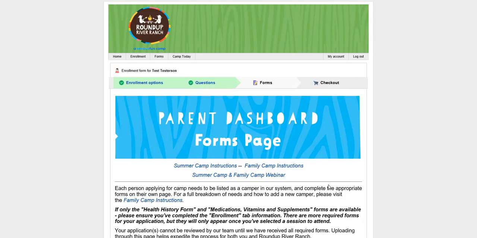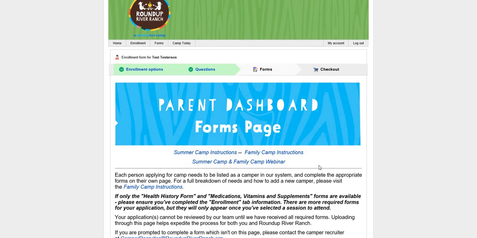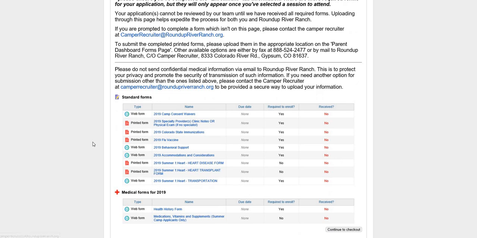This page looks a little different each year, whether you're new or returning. As you scroll down, you'll see a list of standard forms and a list of medical forms. For anybody doing the application process, the list of standard forms will automatically populate what's necessary, and as you'll see, it's required to enroll on almost all of these forms. There's a no on a couple of these because it doesn't know quite yet whether or not it's mandatory for this